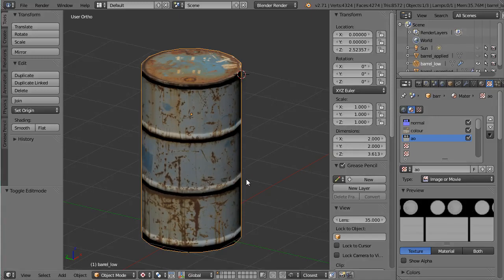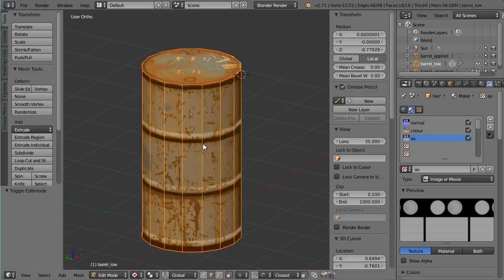Hi, my name's Richard, and today I'm going to show you how to make a low poly barrel in Blender like this. It's going to be used for something like gaming or something that requires low polys. If we just click into it and click Tab, we will see that it's only 18